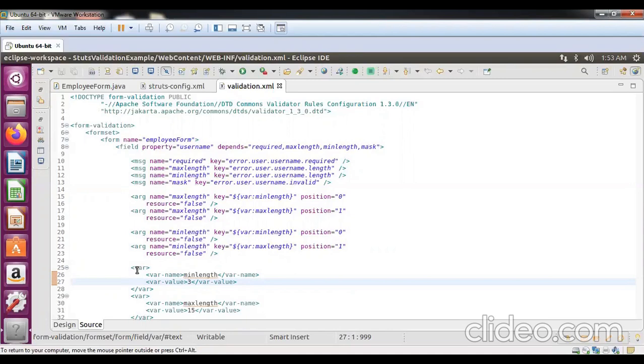Now you can associate each property of the form bean with one or more predefined validation rules. The dependent attribute of the field takes a comma delimited list of rules to associate with each property, like the username, password, email, and phone properties associated with the required rule, which means that the value cannot be empty. If it is, it will generate the error message. The error message to be displayed when a particular rule is not satisfied is specified in the application